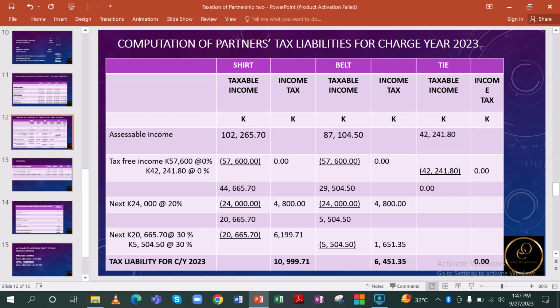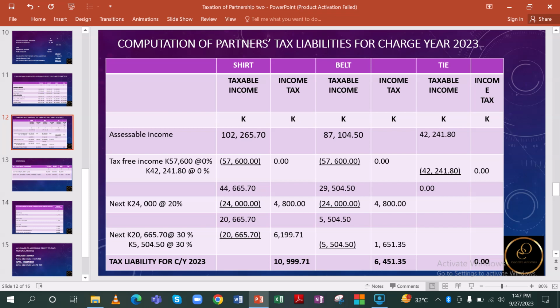Whereas for Belt, we had assessable income for the whole charge year of 87,104.50 kwacha. We remove the tax-free income of 57,600, which is taxed at 0%, therefore 0 kwacha income tax. We remain with 29,504 kwacha 50 ngwe. For Tai, he did not reach the threshold,